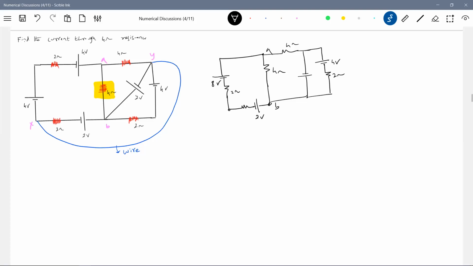It's left to you. You can pick any of the methods. It's not that it should be like this only. Okay, this is Y. And this is B. What about X? X is here. B. Okay, let it be here. Now see the points here. Okay, this is the 2 volt. After this, what has to be done?